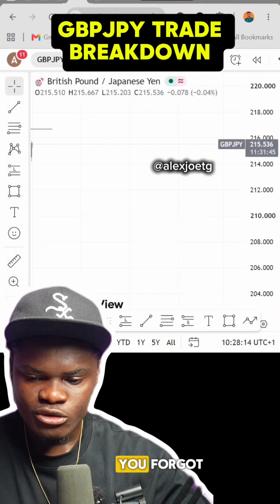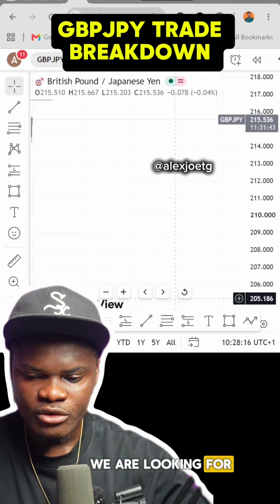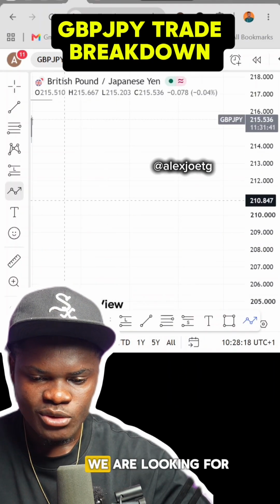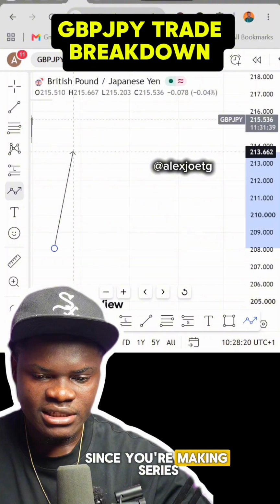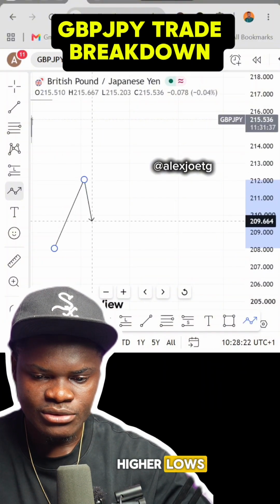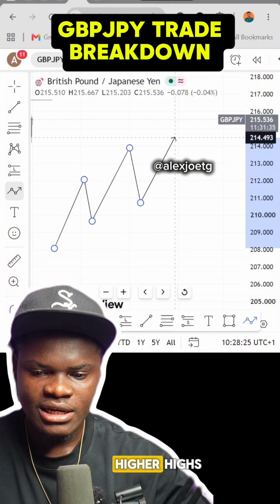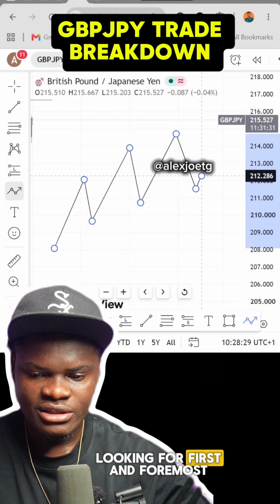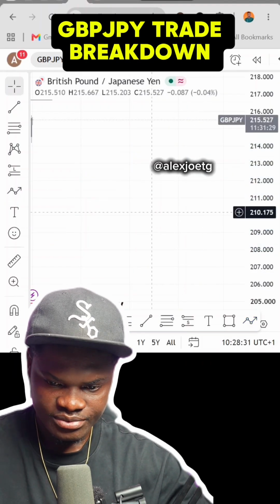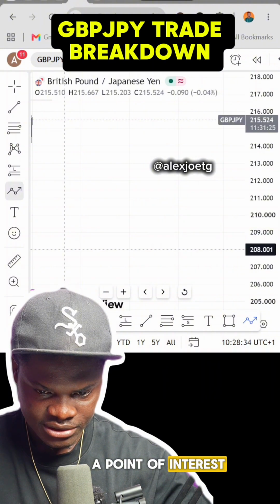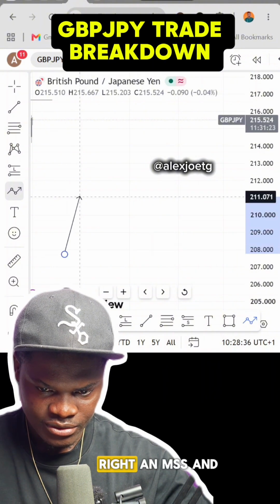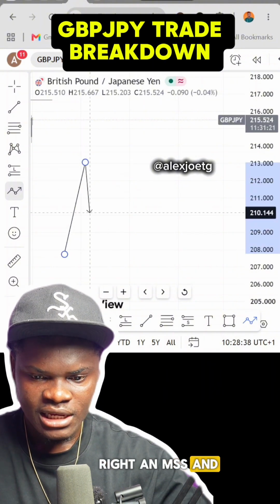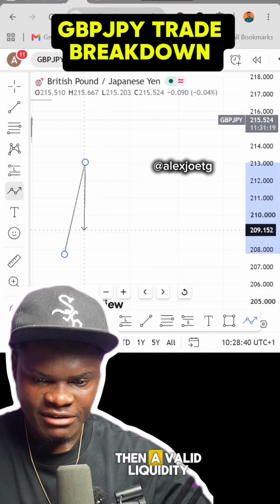So now, in case you forgot, this is the setup we are looking for here. First and foremost, since we are making a series of higher highs and higher lows, higher highs, higher lows, higher highs, higher lows, now we are looking for, first and foremost, a point of interest, right? An MSS, and then a valid liquidity